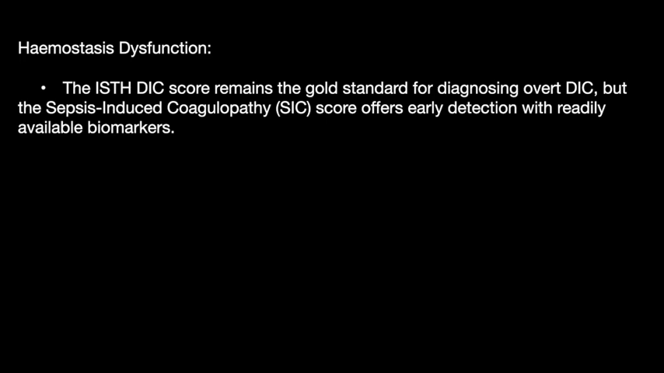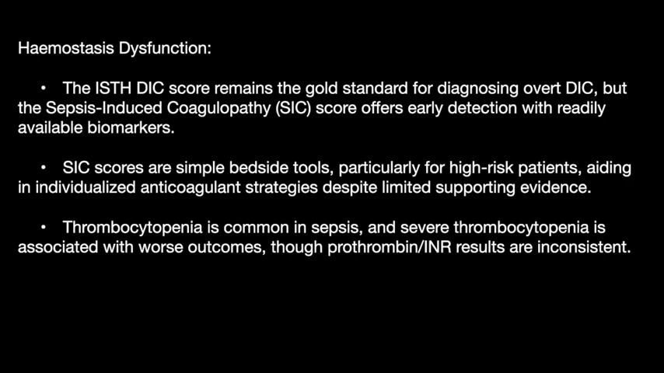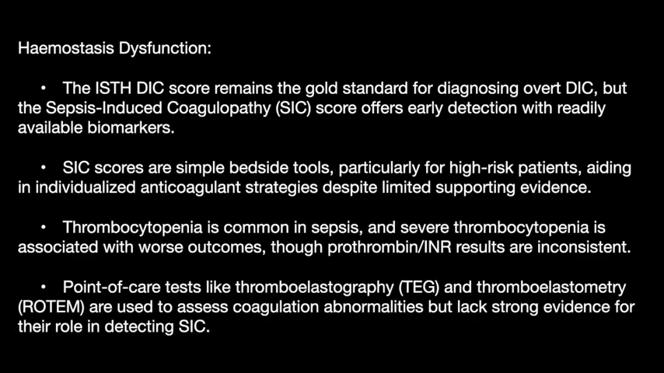For hemostatic dysfunction, we have the DIC criteria and the SIC scores for early detection. SIC scores are simple bedside tools which can be used to find high-risk patients. Thrombocytopenia is a common finding and it is associated with worse outcomes. Point-of-care tests like TEG and ROTEM are used to assess coagulation abnormalities, but they do lack strong evidence for a